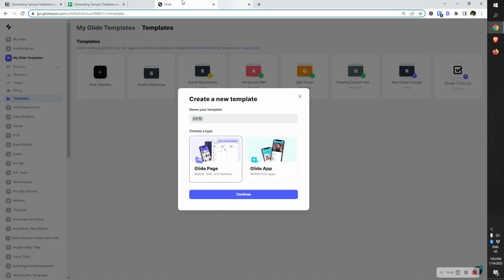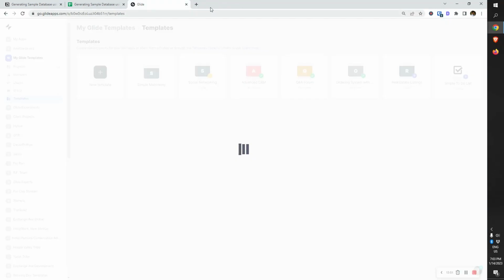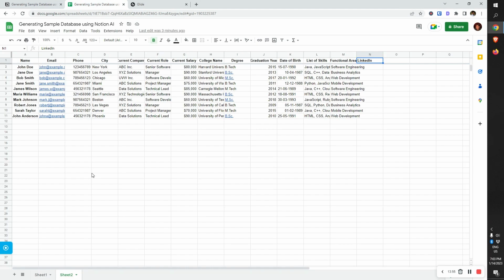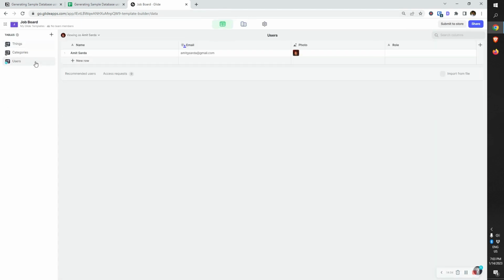let me pull this here, a blank Glide page. I'm going to import this data into Glide. So let's see what is the quickest way of adding this data so that we don't have to create columns manually. So here one of our options is